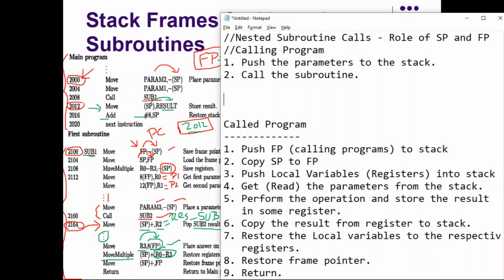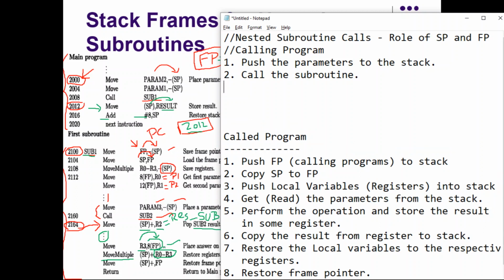After coming back to the calling program, what you should do is: wherever SP is pointing, that will be the result. Move the content of SP, that is the stack pointer, to result.